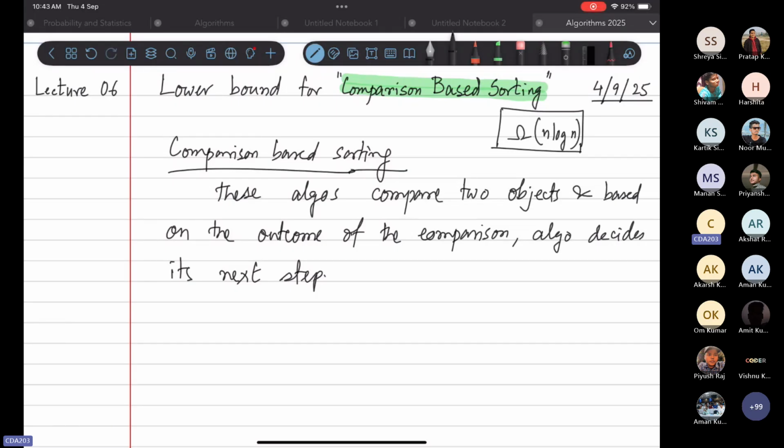The algorithms that we use for sorting those objects are basically the comparison based algorithms. So if I am trying for a comparison based sorting algorithm, then this lower bound for the sorting problem says